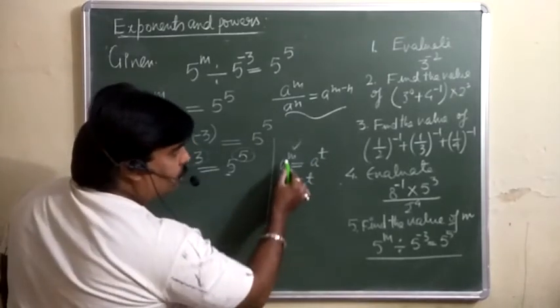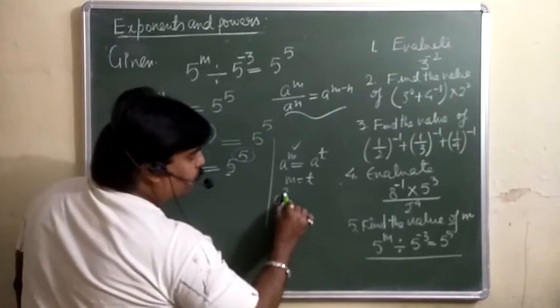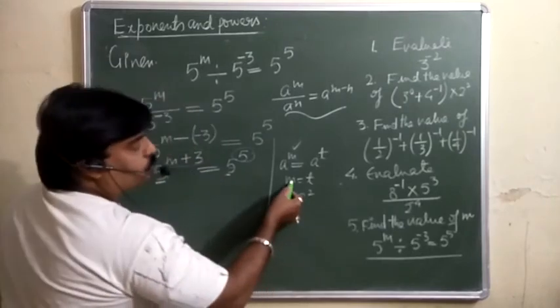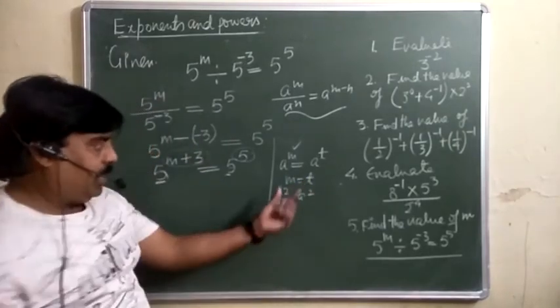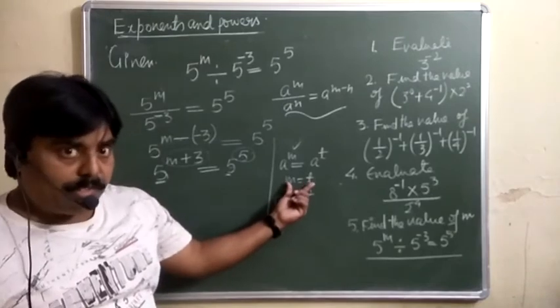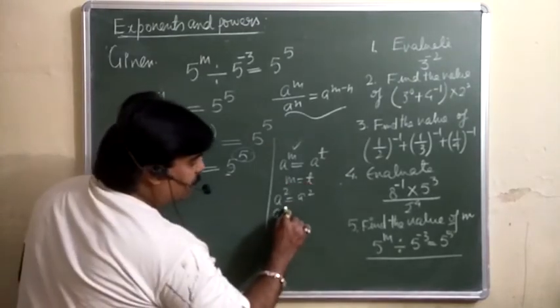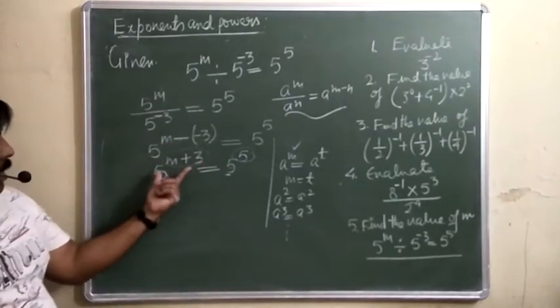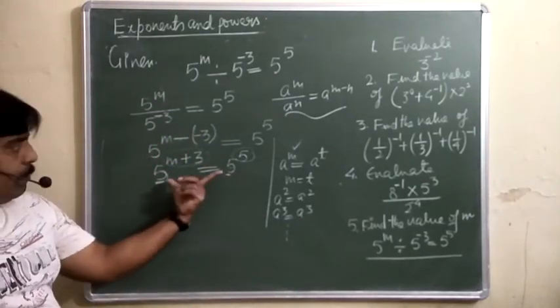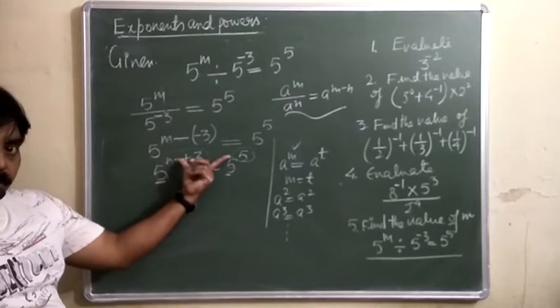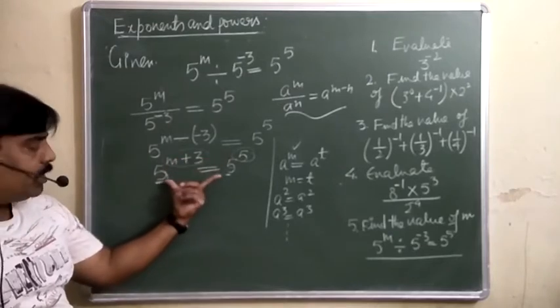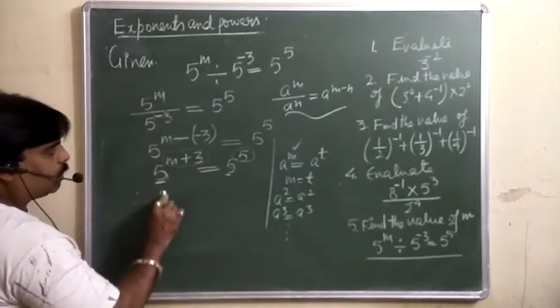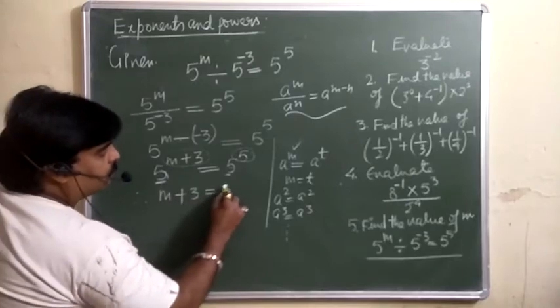देखिए m इज इक्वल टू t होगा तो अगर मैं m को 2 रखूं तो क्या होगा a raised to power 2 इज इक्वल टू a raised to power 2. m को 3 रखें दैट इज इक्वल टू t इटसेल्फ है. m इज इक्वल टू 3 रखेंगे तो t भी 3 हो गया तो दैट इज यू कैन से a3 इज इक्वल टू a3. लाइकवाइज यू कैन राइट ऑन दिस हियर. तो इट मींस दिस इज इक्वल टू दिस वन. यहां बेसिस सेम है इसका मतलब दिस एक्सपोनेंट मस्ट आल्सो बी द सेम. एक्सपोनेंट सेम होने चाहिए अदरवाइज दे कैन नॉट बी इक्वल. So therefore you will get what m plus 3 is equal to 5.